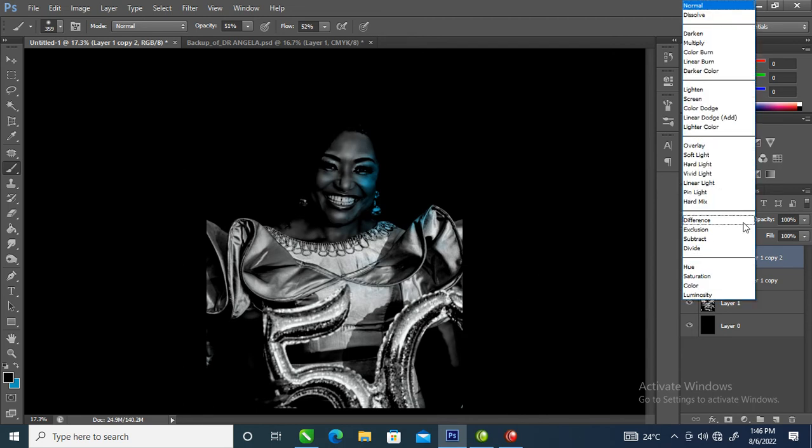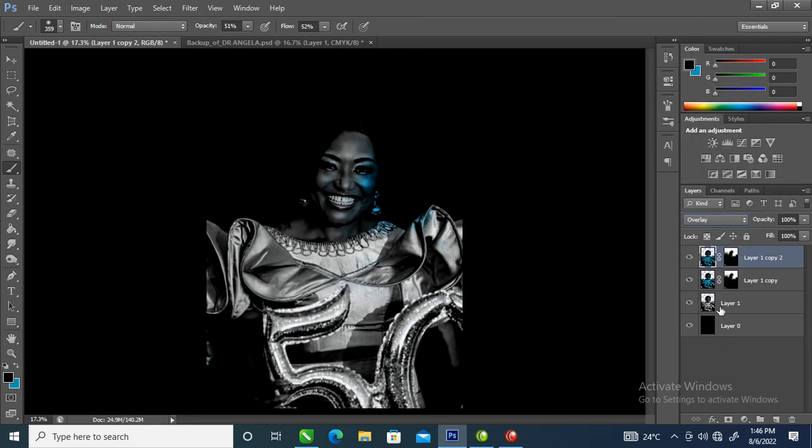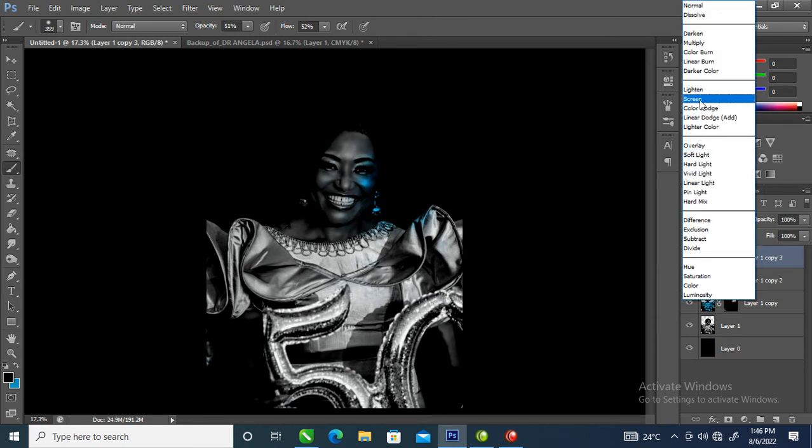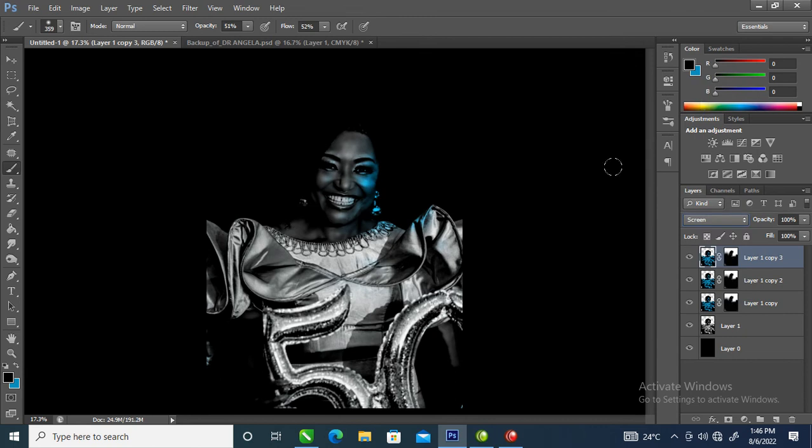Then we'll go over to this place, choose overlay, then make a copy again, Ctrl J, then you go over to pick screen. Good. So right now the next step is to create the other side of the color. I told you it's going to be dual tone color. So what we are going to do right now,